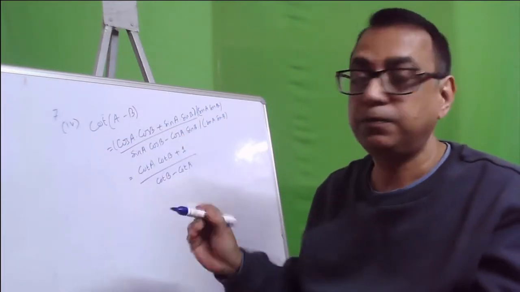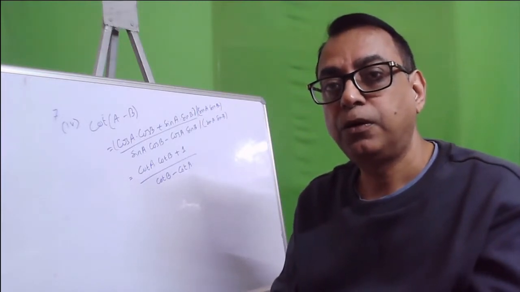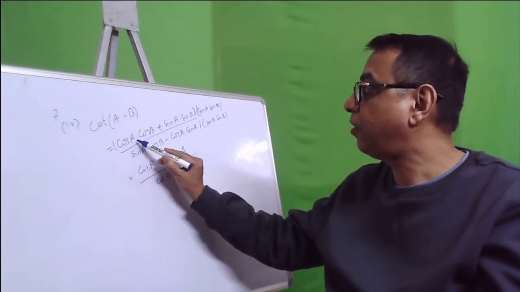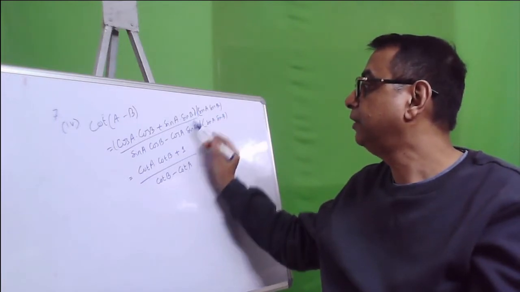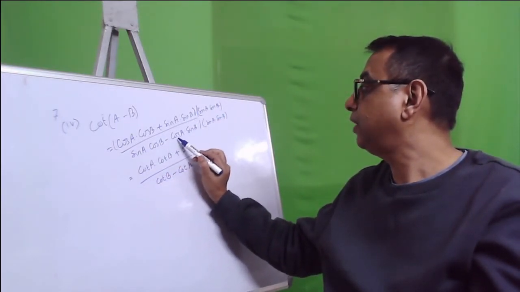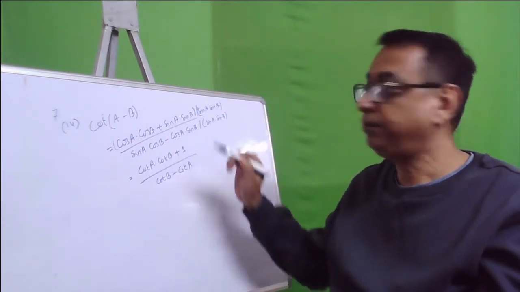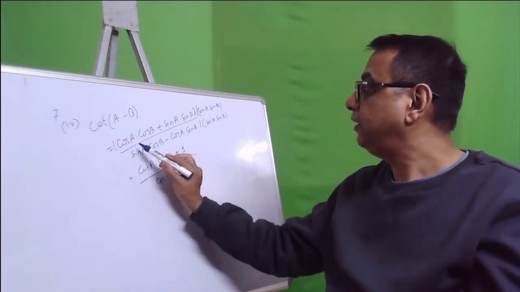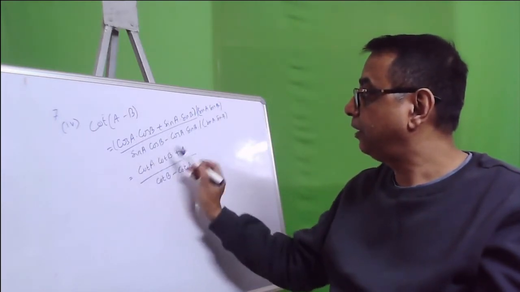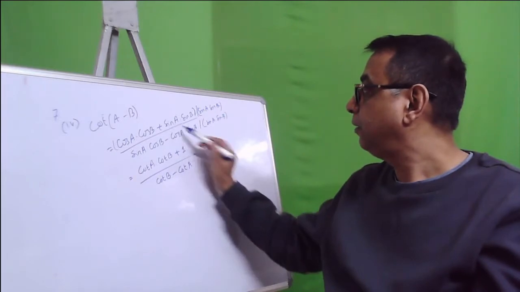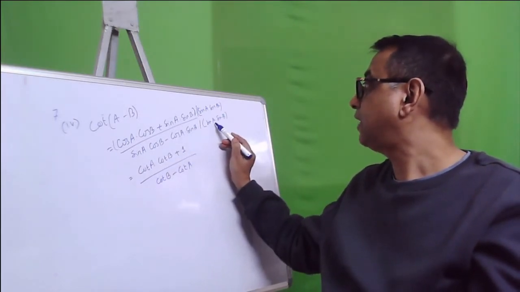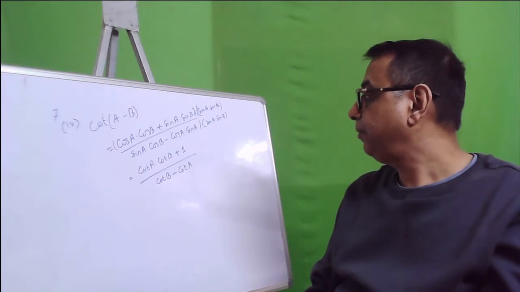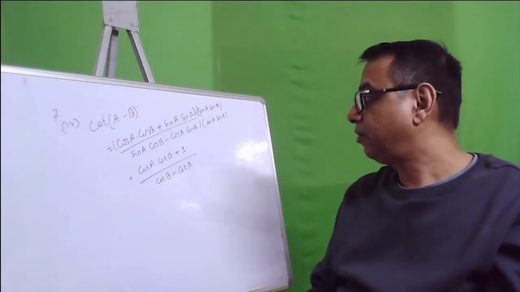So cot of A minus B is equal to cos of A minus B in the numerator and the denominator is sin of A minus B. Now if we expand it, it will be cos A into cos B plus sin A into sin B, divided by sin A into cos B minus cos A into sin B. Similarly, like the previous example, we divide both by sin A into sin B. Once we divide by sin A sin B, this will become cot A into cot B plus 1, and sin A cos B by sin A sin B will become cot B, and this will become cot A. So cot of A minus B will be cot A cot B plus 1 divided by cot B minus cot A.